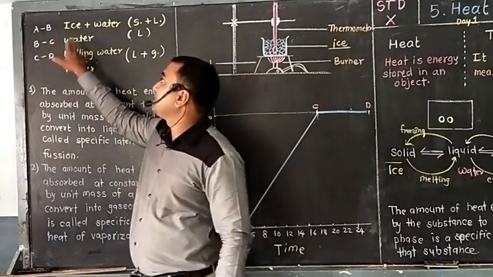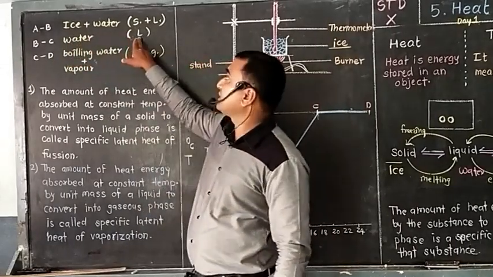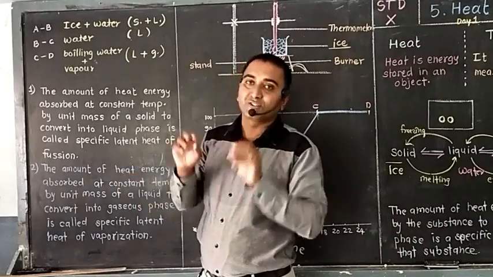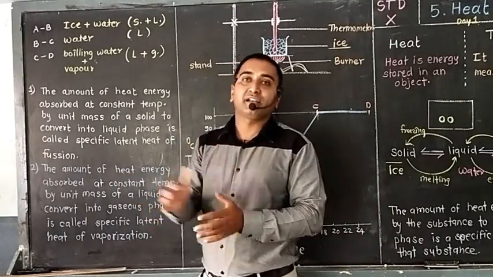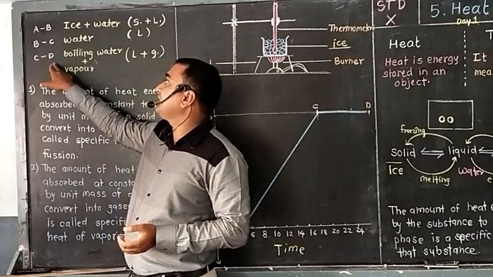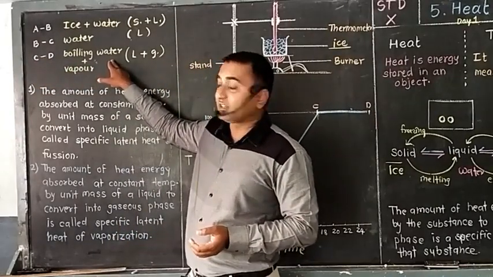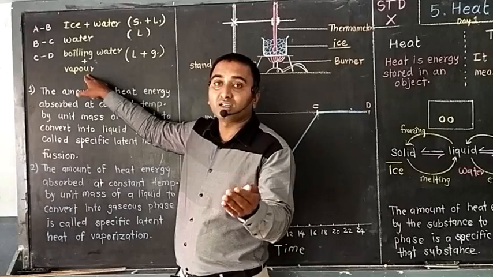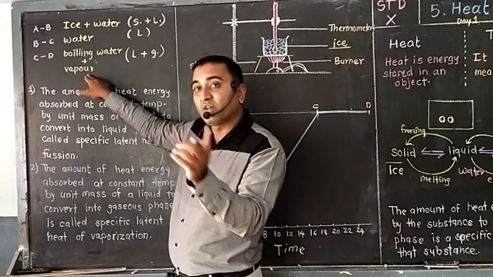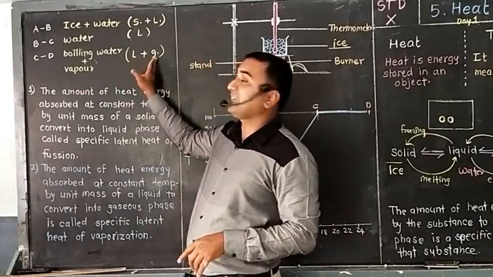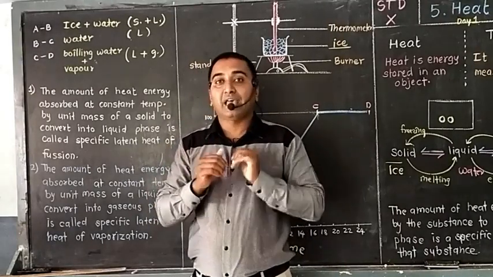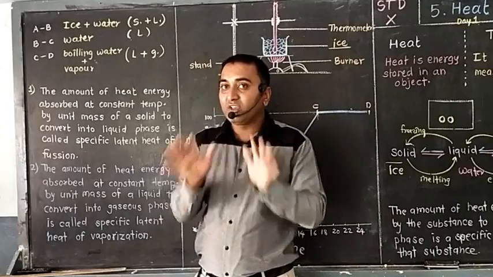What about B to C? Only water was there, and when it was water, definitely liquid was there, only one phase, so there is no change in the phase. As you provide the heat, the temperature also increases. But after reaching point C, and from C to D, it was boiling water, and because of evaporation, water was converting into gaseous, that is, liquid was converting into gaseous. So here there is also a change in phase. Liquid plus gaseous was there, and so there is also no change in temperature, though it was absorbing the heat.